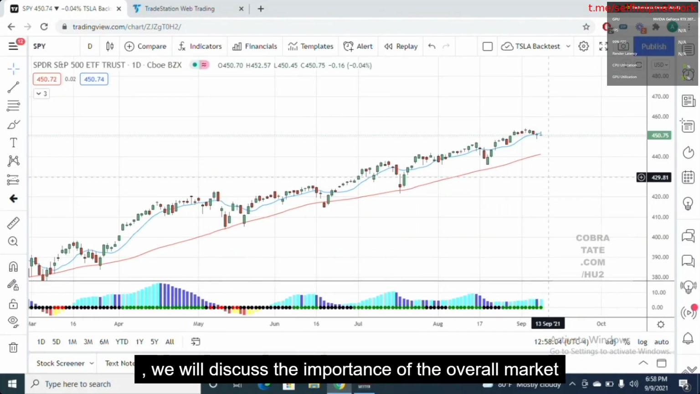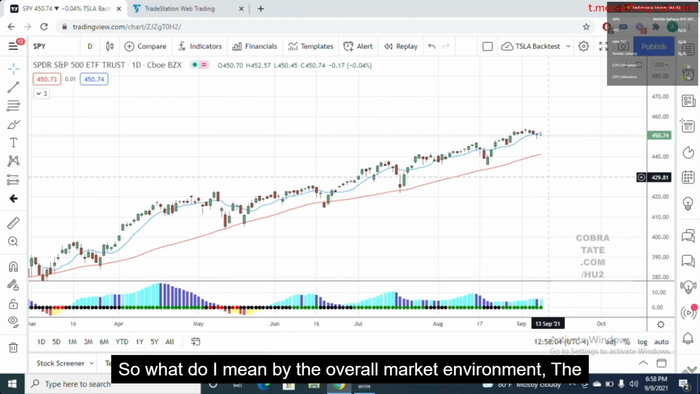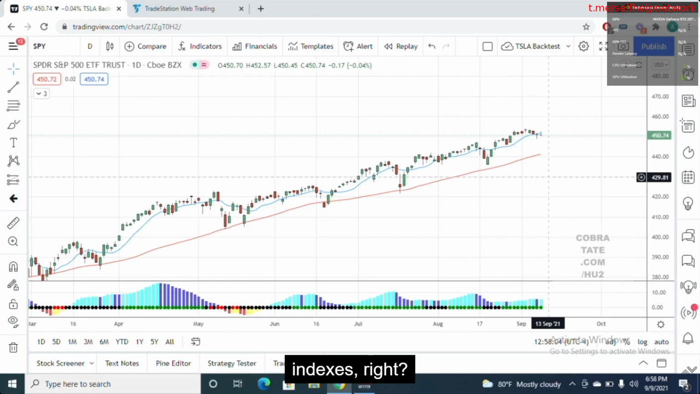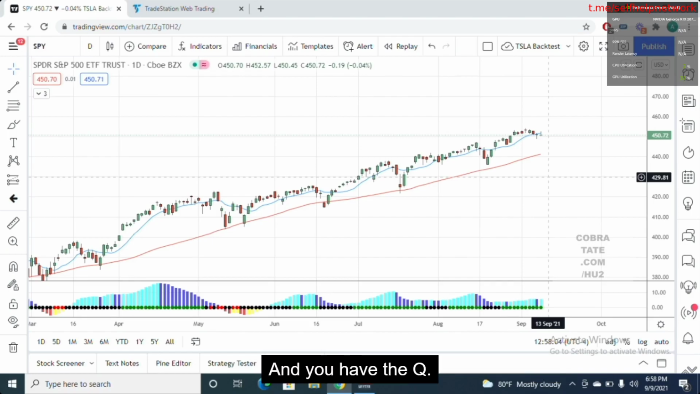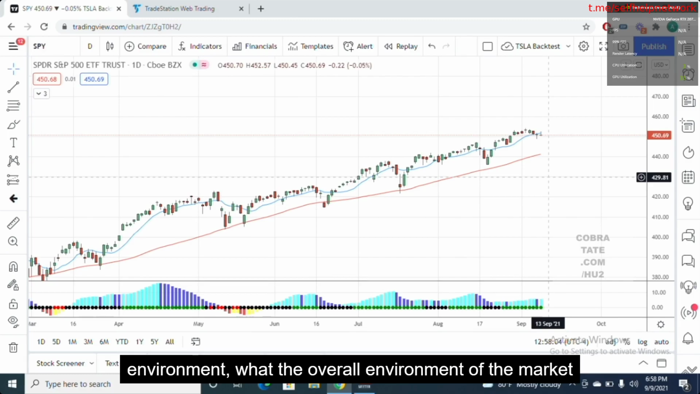Today we will discuss the importance of the overall market environment in making our trading decisions. So what do I mean by the overall market environment? The overall market environment is determined by the main indexes, right? You have S&P 500, which is the collection of the 500 biggest stocks in the USA. And you have the QQQ, which is the NASDAQ. The NASDAQ and the S&P 500 are what determine the market direction. That's what you can use to understand the macro environment, what the overall environment of the market right now